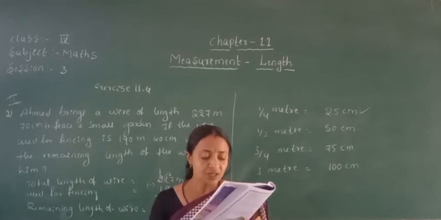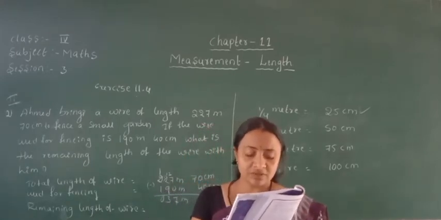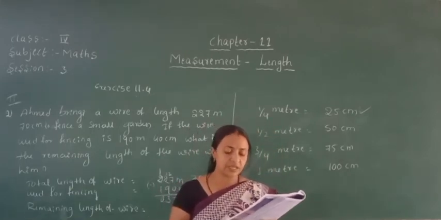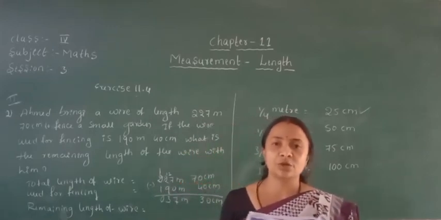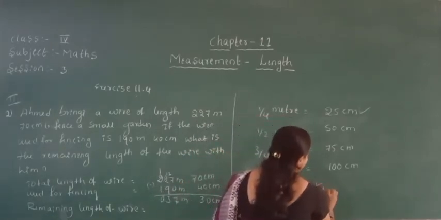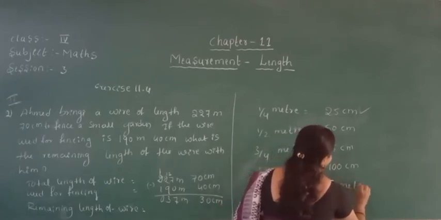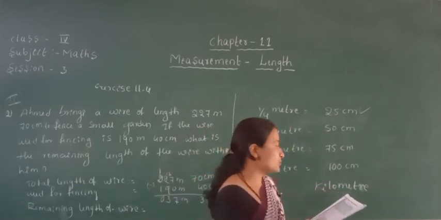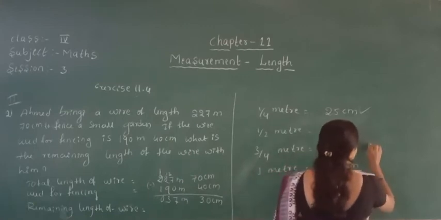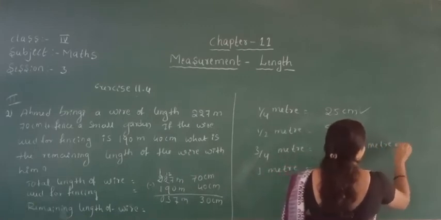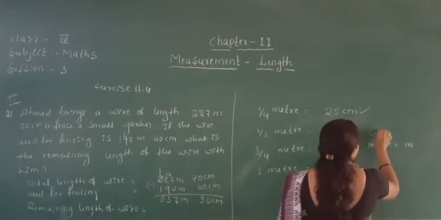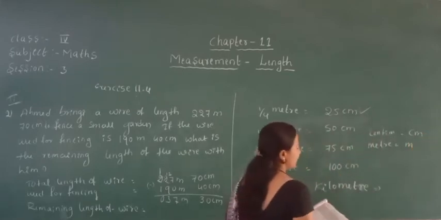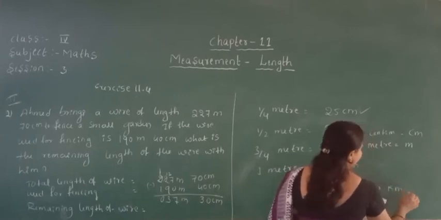Okay. So what measurement can we do here? Which method and which fundamental unit are we using? The distance from one place to another is expressed in kilometers. Kilometer is denoted by km, with a small k and small m. Meter is denoted by m, and centimeter is denoted by cm.